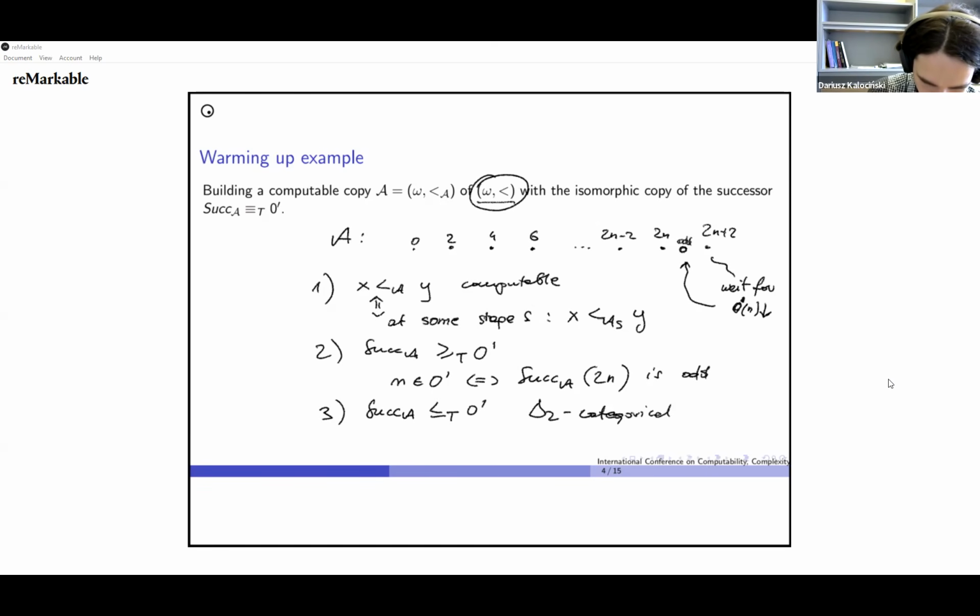So if you want to compute a successor of X, you just go via this isomorphism to the canonical copy and compute the successor. And again, via delta 2 isomorphism to the successor of X. Okay, yeah. So this shows how switching between computable copies of one structure can drastically change complexity